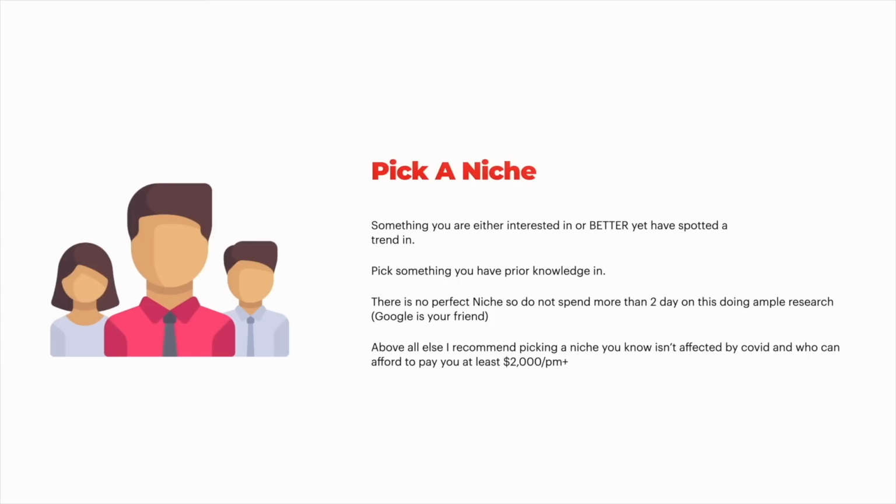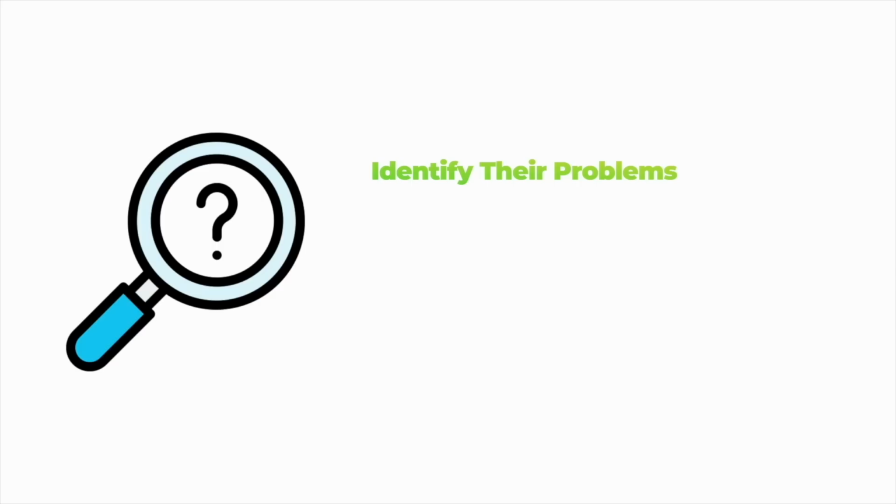So what I would recommend you do is pick a niche or industry where you know the businesses are open. And I also recommend you pick a niche that can pay you at least $2,000, because that's going to help you scale really, really quickly. Why would you sell to people who can't afford your services? That's backwards. That's just extremely backwards, guys. Definitely pick a niche that can actually afford your services.